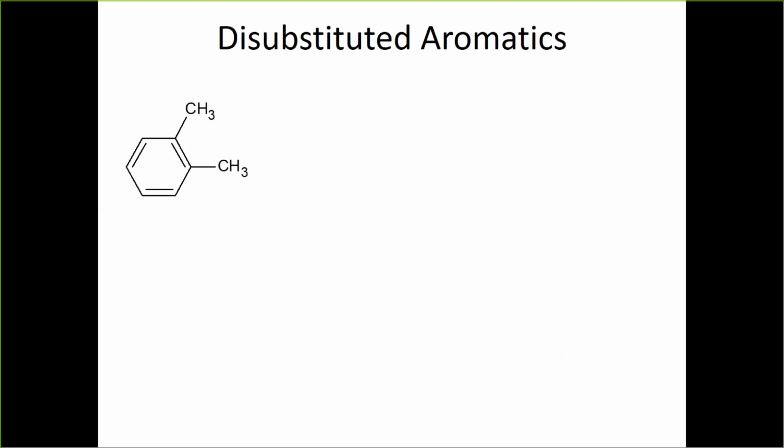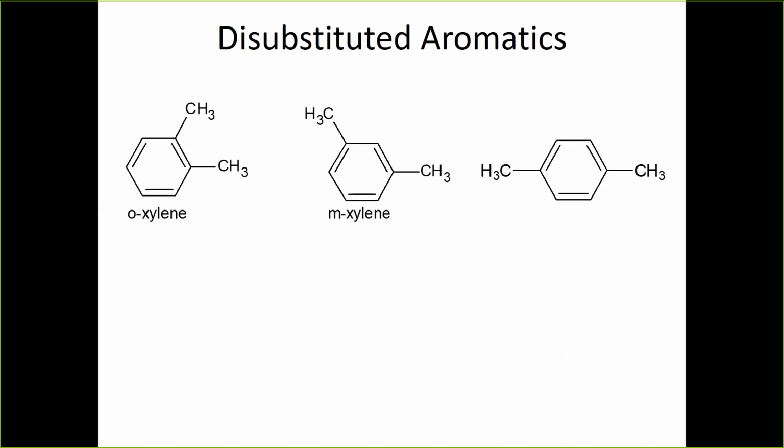So the di-substituted aromatic rings, many of them have special names as well, and they're named both with the special common name as well as with the substituent pattern. So here you see you have a benzene with 2 methyl groups that are attached in an ortho configuration, and these are not called dimethylbenzene, not that easy. This has a common name called xylene, and because they are ortho to one another, it is the O-xylene. And so if you have an O-xylene, then you've got to have one that is meta, and that's the M-xylene. And if you have an O and an M, then you're going to have one that's para, and that is the P-xylene. And xylene is another common hydrocarbon.